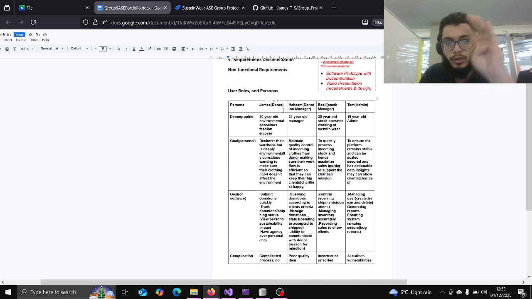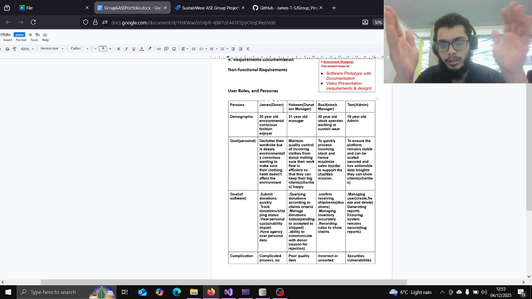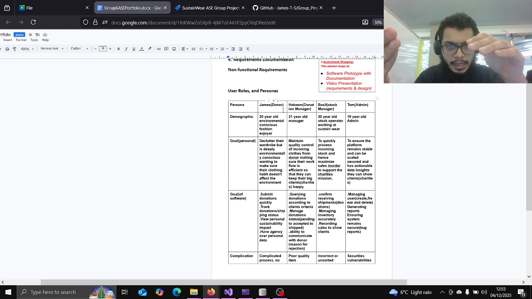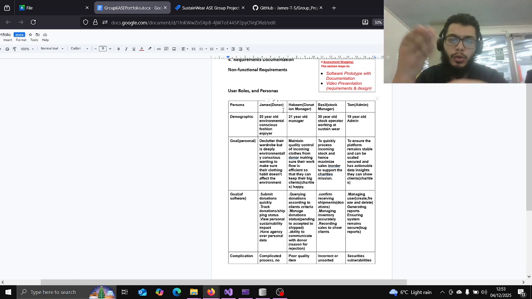So, with the user stories, we had 4 personas. We had the donor, manager, stock manager, and admin. Basically, the main flow of the program being that you have the admin who can create charities, and then from there you have the donor who can submit an item with selecting a charity, and then you have the managers who are linked to the charities, and then from there they are able to essentially track where the item